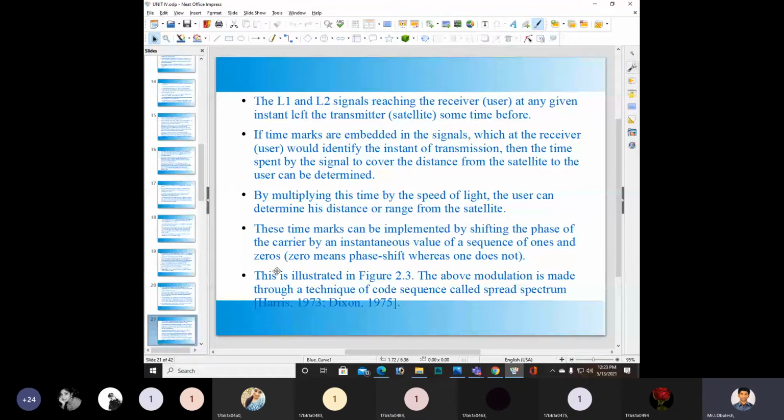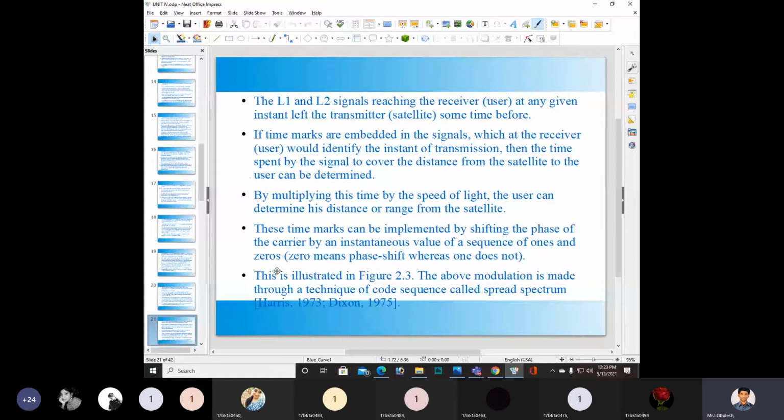If time marks are embedded in the signals, which at the receiver would identify the instant of transmission, then the